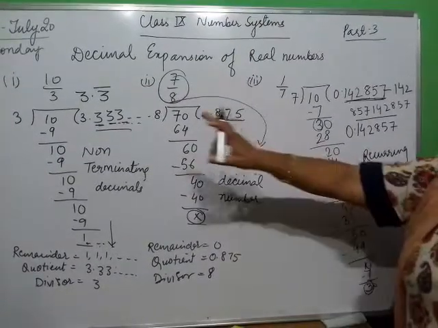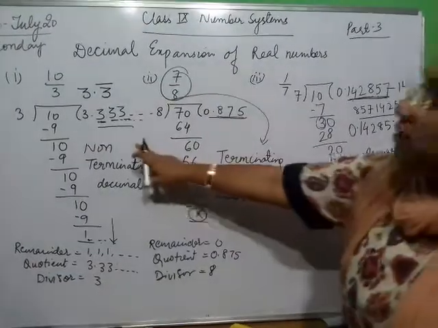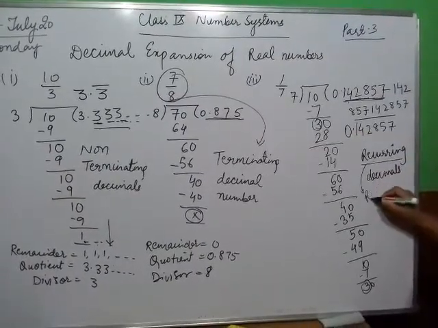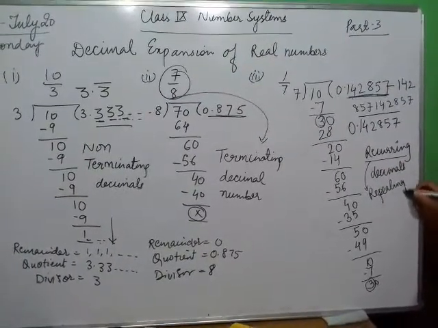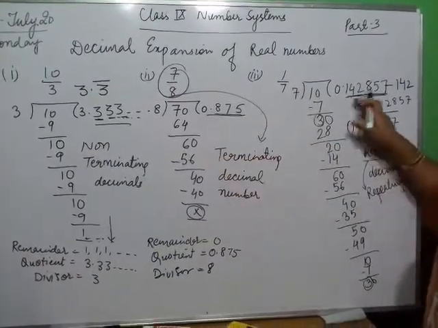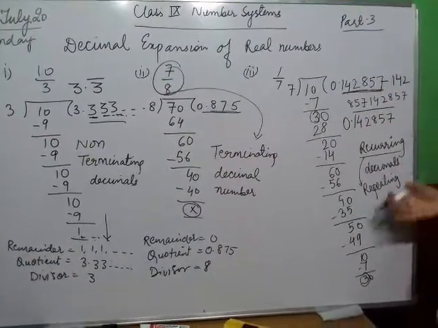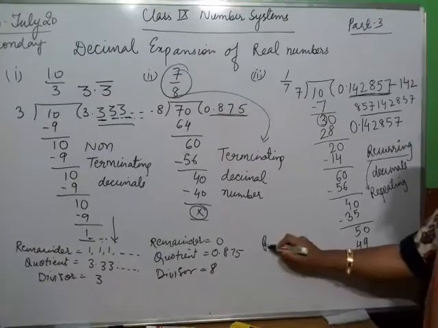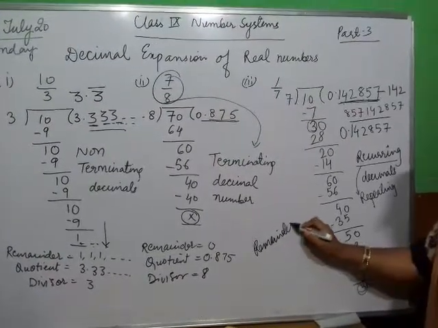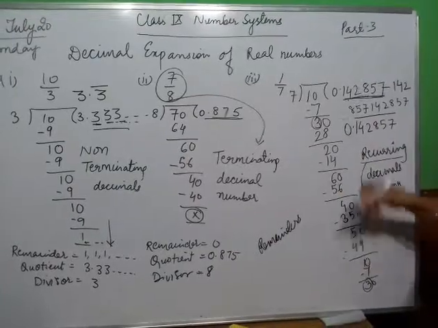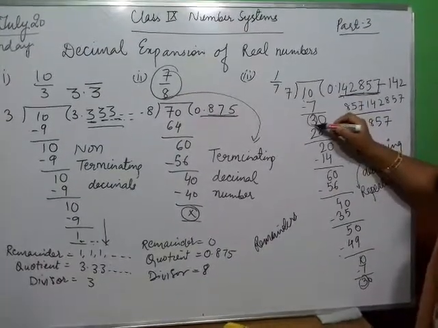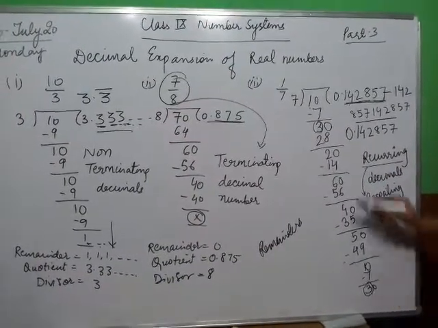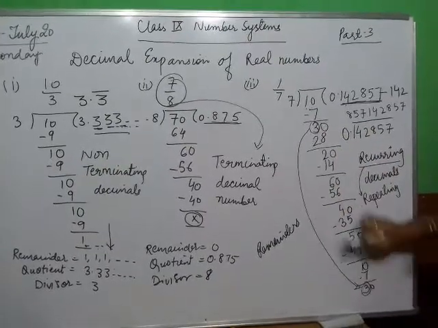So the full name for the 10/3 and 1/7 expansion is non-terminating recurring decimals. The meaning of recurring is repeating, because 3 is repeating itself and here 142857 is repeating itself. So this is done, and you can also see here that the remainders which have started repeating again are 1, 3, then 2, then 6, then 5, then 3. Now the remainders are repeating from here.